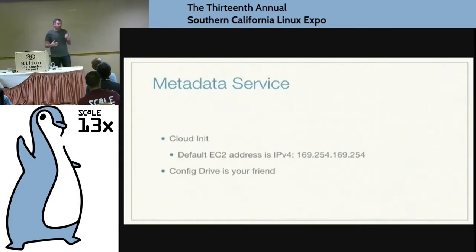In the case where you're running v6 only and not a dual stack network, config drive is your friend. If you're not familiar with config drive from an OpenStack operations standpoint, config drive is basically a read-only block device that maps out all this data for the guest. The other nice thing is that there's no real failure of waiting for the network to come up. The guest can immediately configure itself because it's reading from a block drive. Folks also like config drive because it's very secure, because you're essentially reading a read-only block device and not having to send random web requests out that can be easily caught and spoofed.